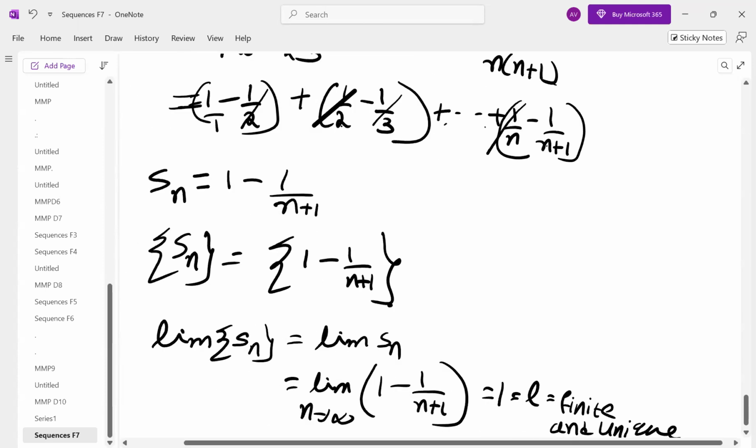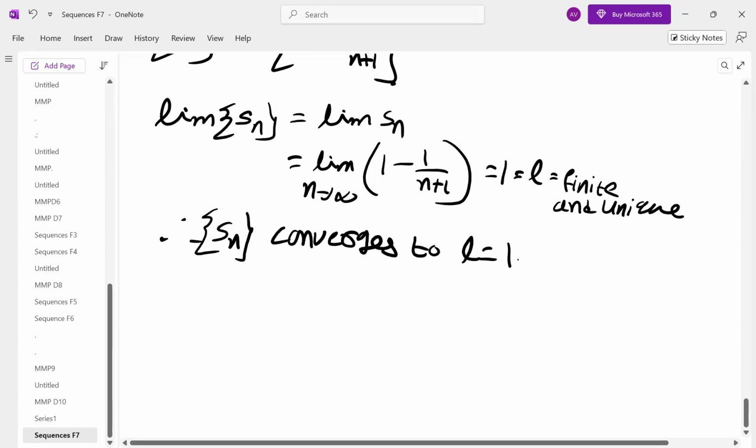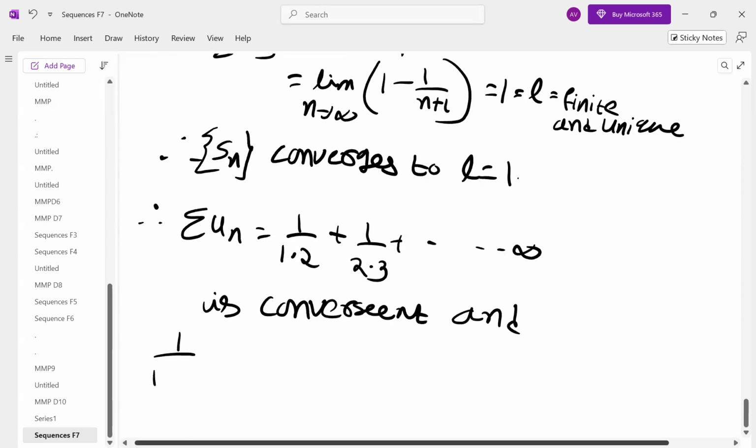Therefore, we say that it is convergent. If this is convergent, it converges to L, and L is 1. Therefore, the corresponding series is also convergent. Not only that, the sum is nothing but equal to L. Summation Un will be equal to L,